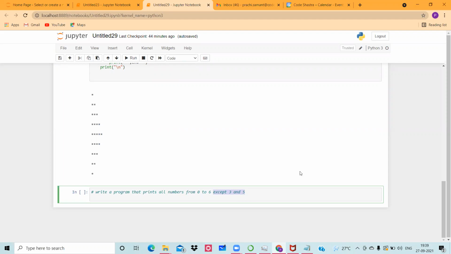So अगर यहाँ पे break use करेंगे तो क्या होगा? Once it finds 3, it will break the loop, and as it breaks the loop, it will not iterate to the next condition. मुझे 3 के बाद loop को break नहीं करना. I'm simply saying that I just don't want 3 and 5, but apart from that, I want my loop to print all the other values. That's why break is not a proper solution to answer this question.